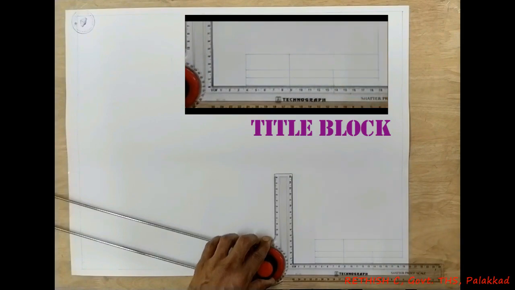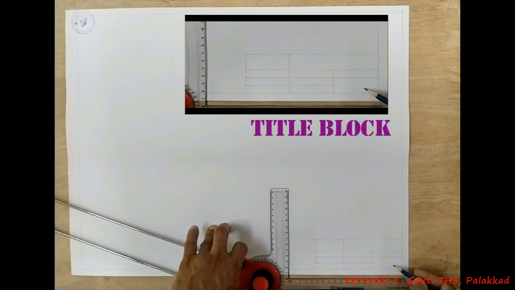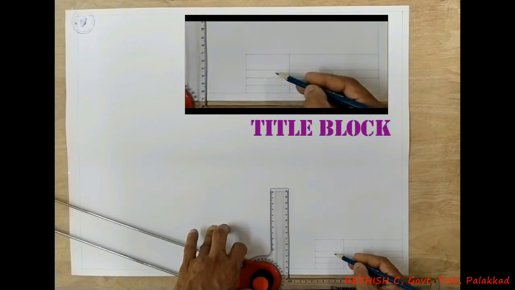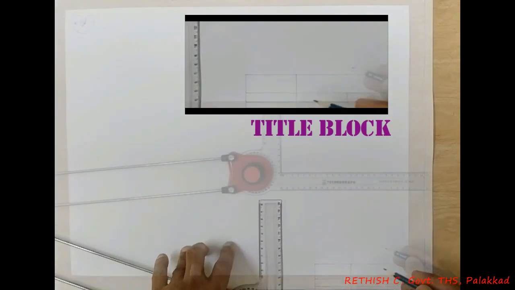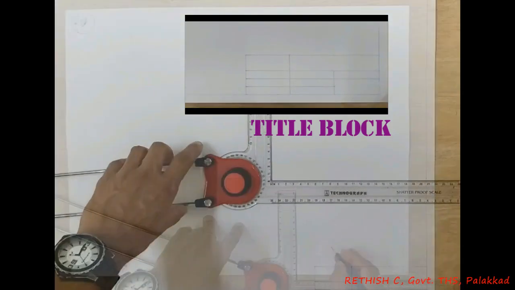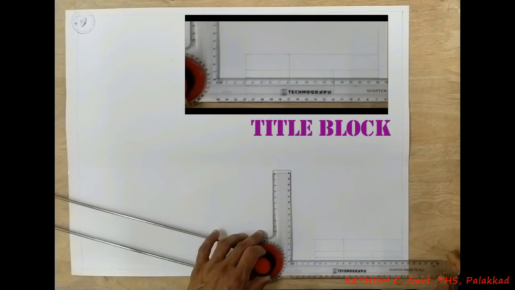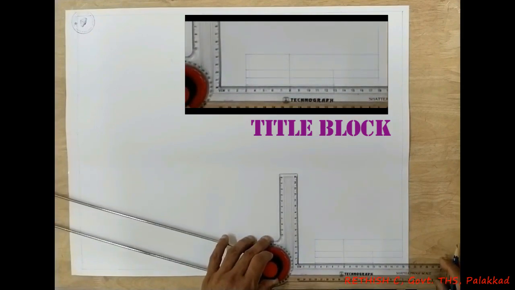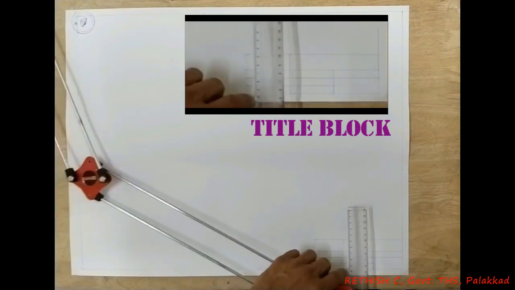Here you have to write the title of the drawing, and here draw the symbol of first angle projection, and you can show your name, class number, class, etc. in this area. But remember that for public examination you cannot write your name or your institution name to show your identity. That will be a disqualification for the examination.